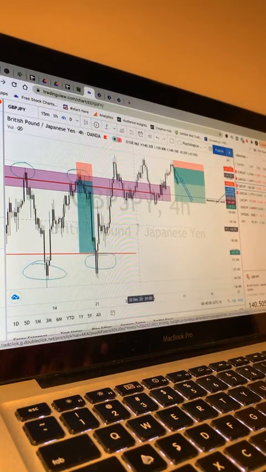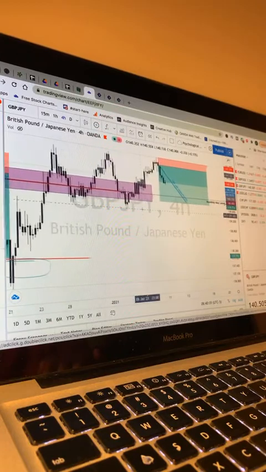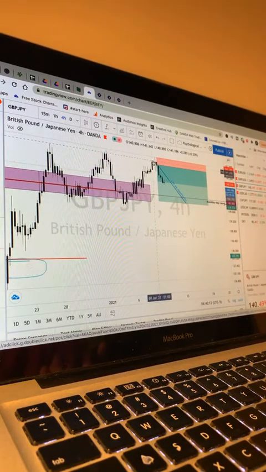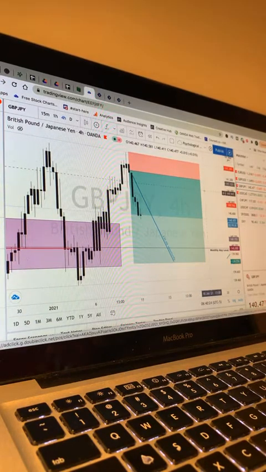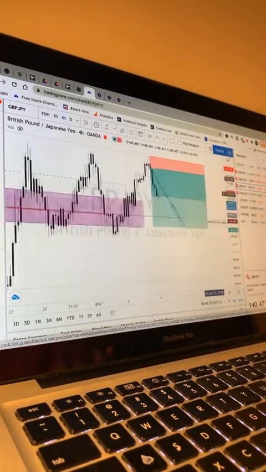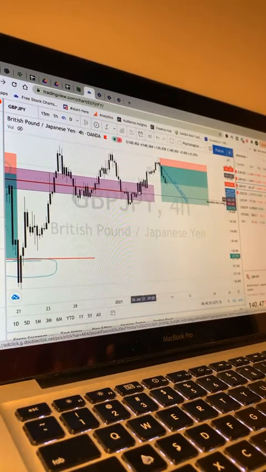So GBPJPY, what I marked up before market open was this right here. So we see at the top January 8th. You can see it was creating this doji at the top here. Evening star looking, and looking to the left, you can see that every time it's gotten up to this area,